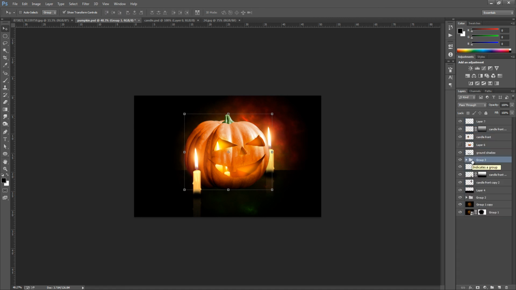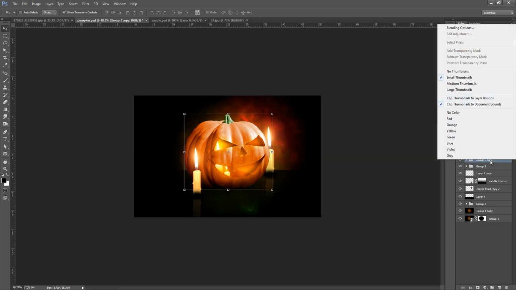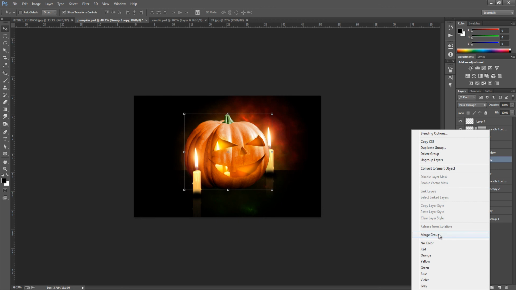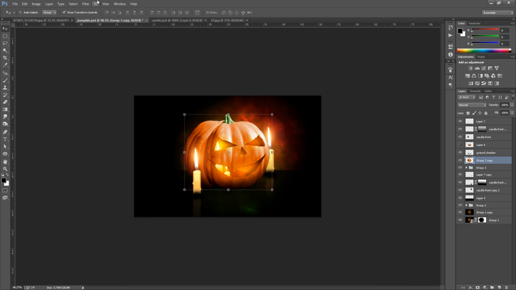and we're going to go and press Control and J or Command and J to duplicate. So it can take a little while because there is quite a lot of bits inside the folder. So that was Control or Command and G to group them, and Control and J to duplicate it. And then from here we're just going to go and right click that and press merge. So we're going to press merge group, and we're just going to do it exactly the same as what we did to the candles.